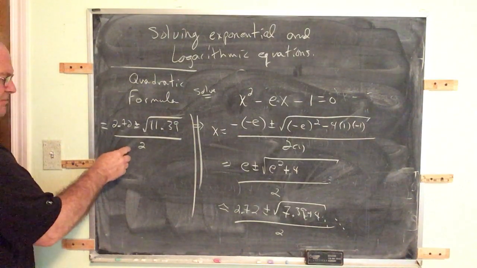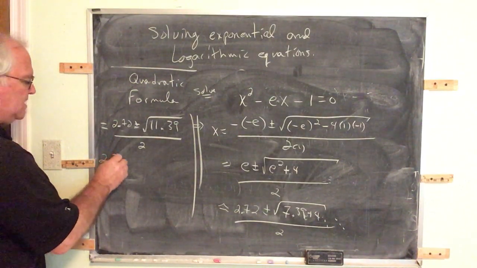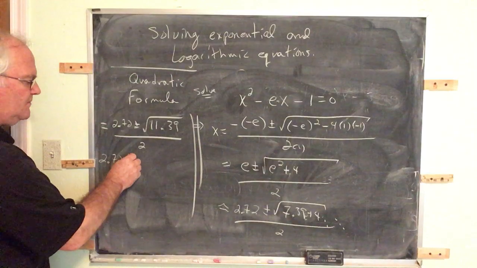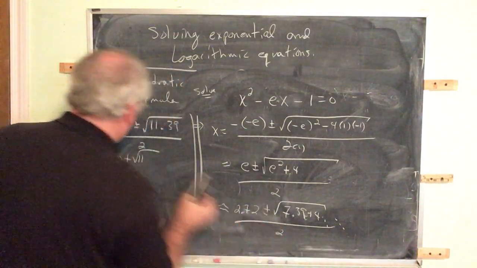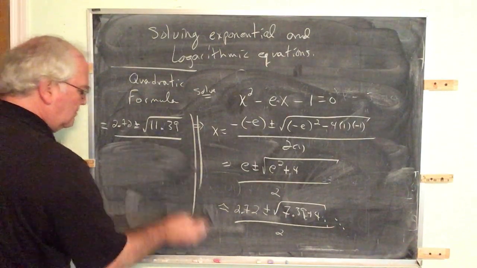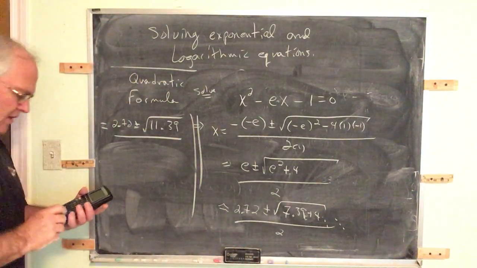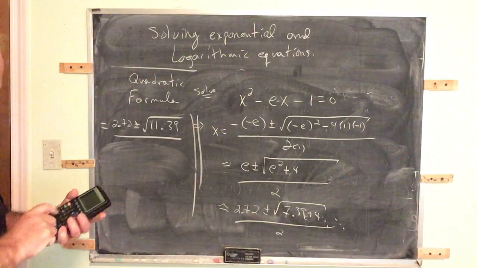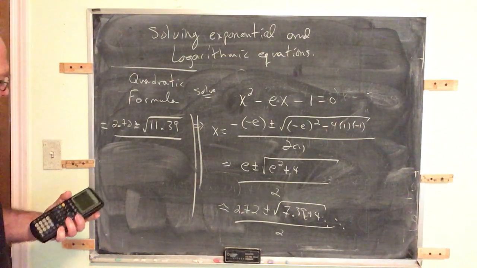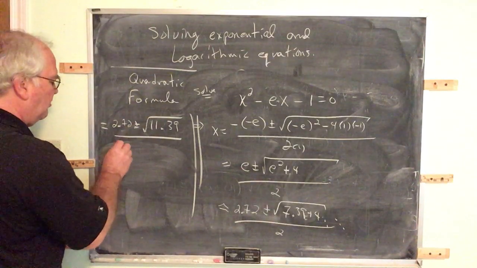Now I can actually go ahead and compute this all the way out. This is 2.72 plus the square root of 11.39. What's the square root of 11.39? So add the 4, and the square root of that,